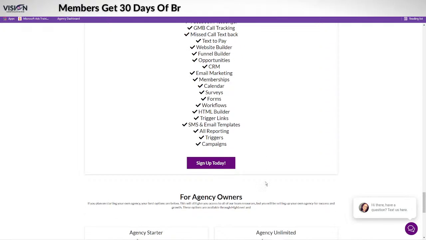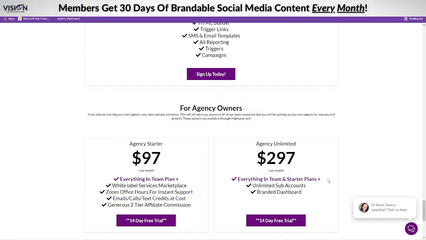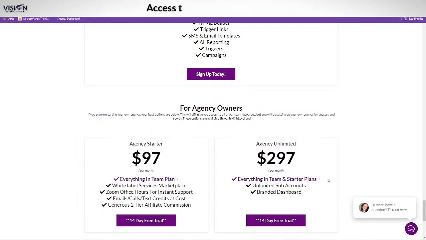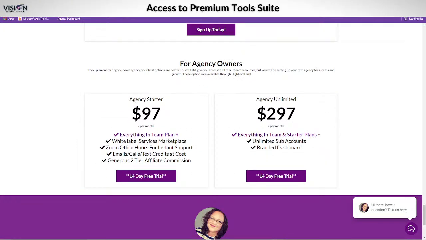Okay. But if you're an agency owner already and you have maybe 2 or 3 or more clients, you definitely want to think about getting one of these plans. Because these plans are designed for agency owners. So what you actually get in the agency starter is basically what I have, except you don't have the ability to give sub accounts. So you're basically just going to be the admin of the agency, and you're going to have that account. And then you'll just have one sub account that you put your agency on, and that's how you're going to send email marketing and all of that stuff, right?